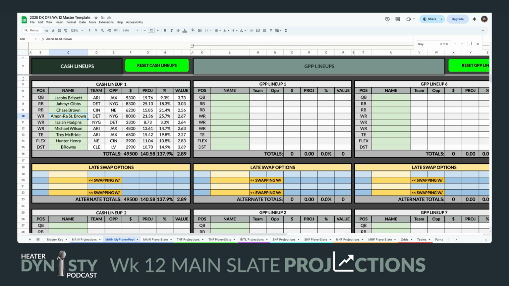The last thing I'm going to give you is just a couple of GPP stacks I'm interested in. So I'm definitely interested in a Daniel Jones stack this week. I think it's just too juicy of a matchup. I think this is a game where I'm going to fade Jonathan Taylor. I might bring him back in, but if I'm stacking Daniel Jones, I'm fading Jonathan Taylor. I do think we'll build one with Patrick Mahomes too, just to show you the difference. But Daniel Jones, Michael Pittman, and then Alec Pierce.